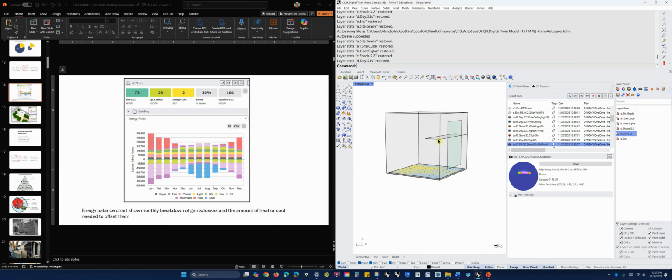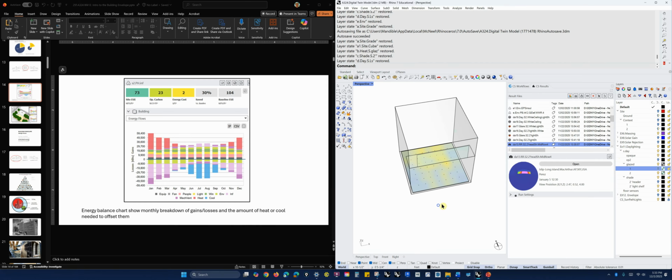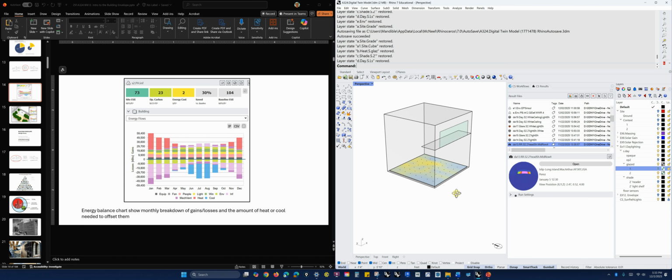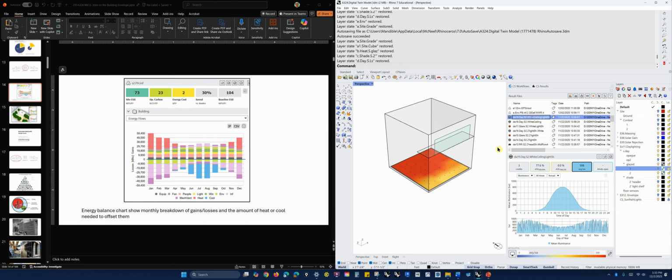In this case, we started using light shelves, or I did in my tests. I also tried two different window layouts, or glazing layouts, and got very different results. Anyway, there's a whole video on that. So the point is that I'm using the same model to run all of these simulations,